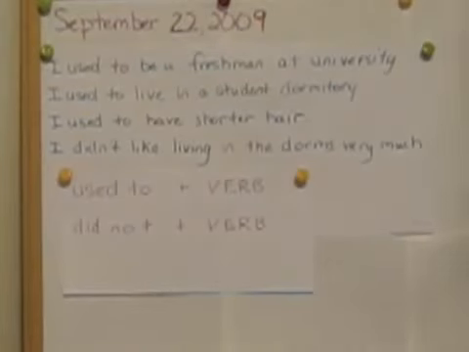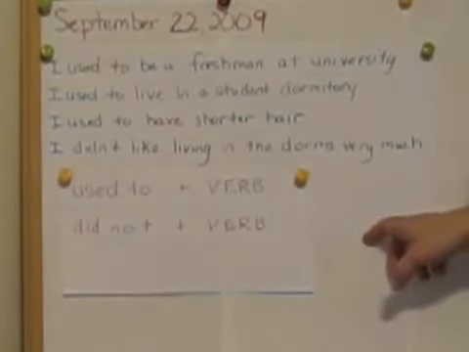So what we have here are two different structures to talk about the past, correct? We have used to, which you've seen, and we have did not, okay? So what we're going to do, I'm going to give you a written version of the text of what I told you about my picture that was here, okay? And what I want you to do is find different examples of used to and did not in this text, okay? And then we're going to talk about how they're actually used, right? So in your groups, go back and find more examples from the text that I just told you about.